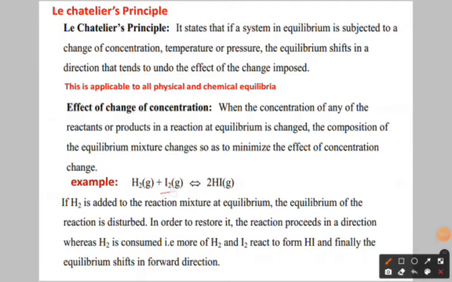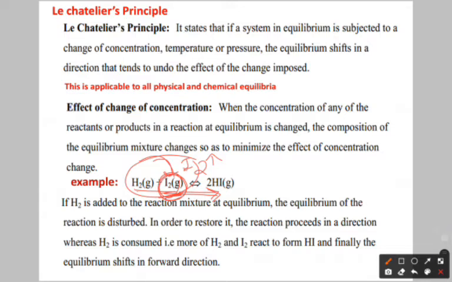Now instead of H2, if you add iodine, from outside, already equilibrium is established, now you are going to add the I2. So what happened now, on the reactant side the concentration of reactant is going to increase, means already the reaction is in equilibrium, again you are going to add the I2. To decrease this concentration, the reaction is going in the forward direction. Why? Because once it goes forward, more amount of I2 is going to be consumed, so again equilibrium will be established after some time.